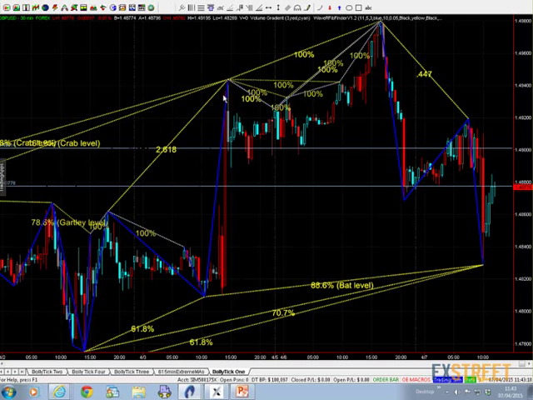That took off on Friday, followed through on Monday, then decided it was all a little bit too much and crashed on down for this ABC move, again picking up harmonics right the way down here to the support level,